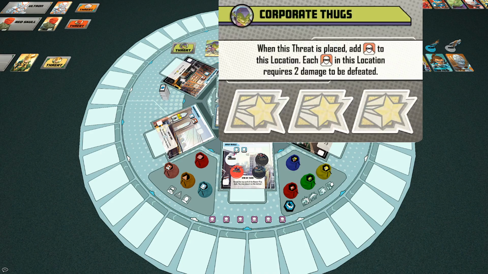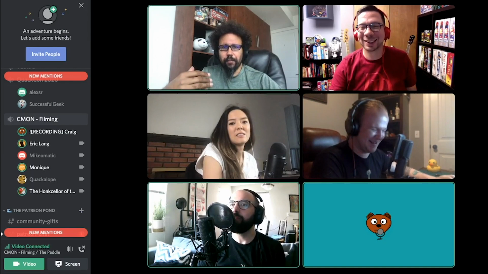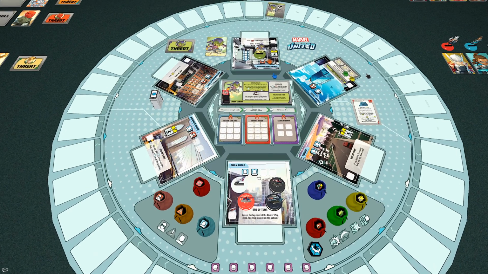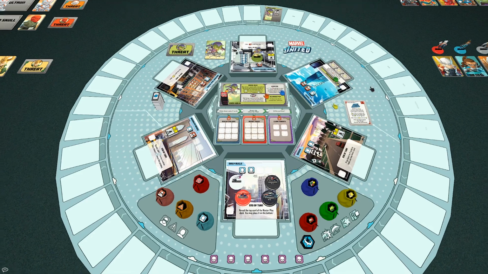So corporate thugs have showed up. I really shouldn't be rooting for the game. Sorry, I'm the designer. This is my bias showing through here. Isn't it incredible that it also landed in Oscorp? Yeah, it's perfect. Oh my God! Generated in a lab. That's amazing. Moves to the tower. We did not plan that. I promise. We're just that good. It's kismet. So yeah, corporate thugs of Oscorp are here, and now we got to add a thug to this